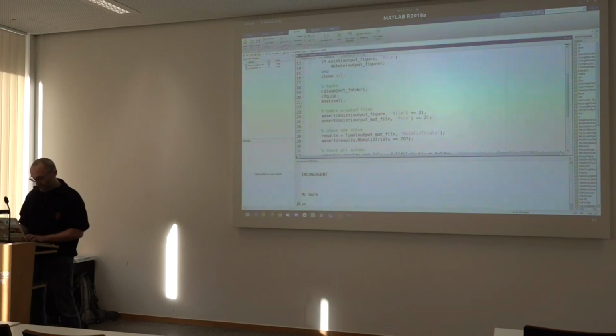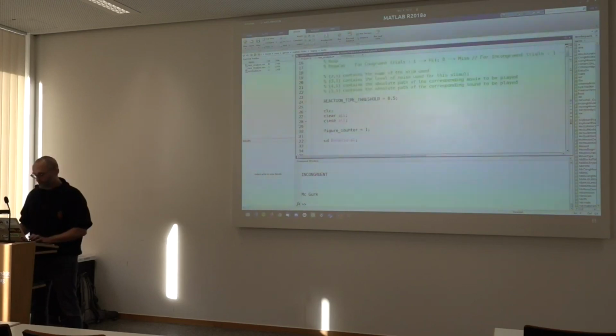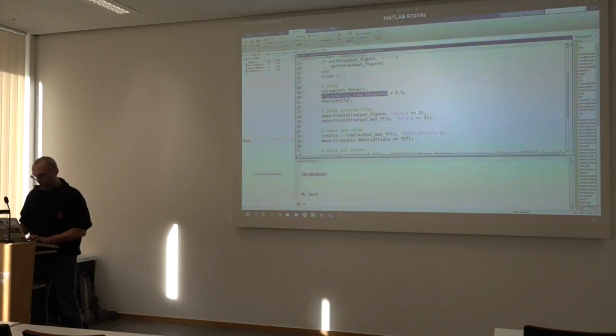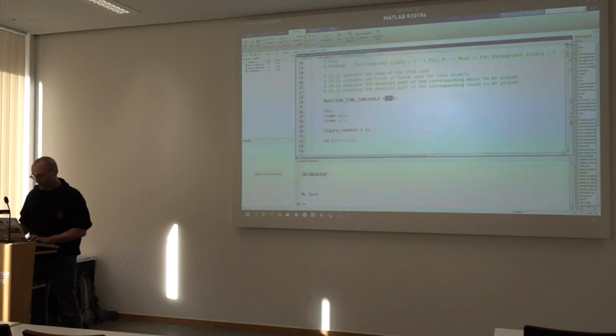So reaction time threshold, and we say 0.5. You pass this to your function, and from here I would just grab it like this. Why it's kind of interesting to do this is that it becomes much easier to then change the behavior of your function like this.